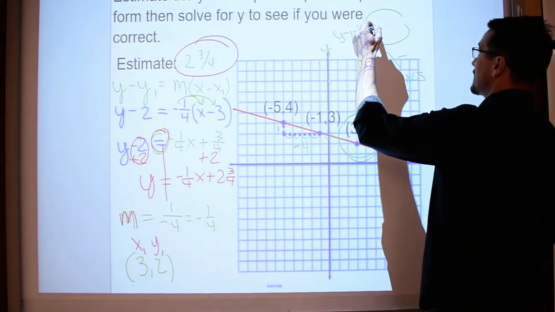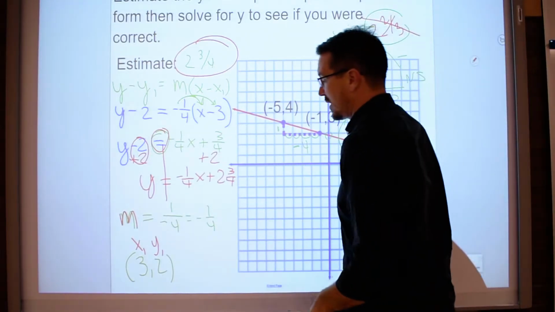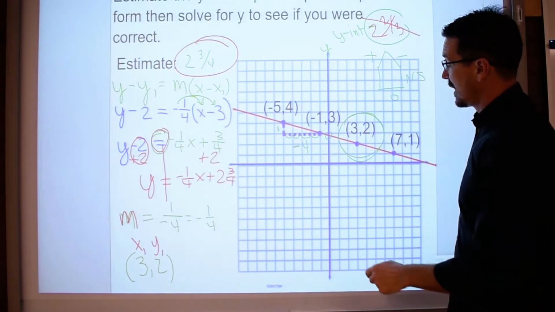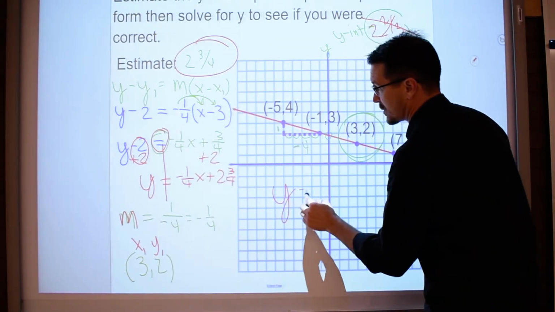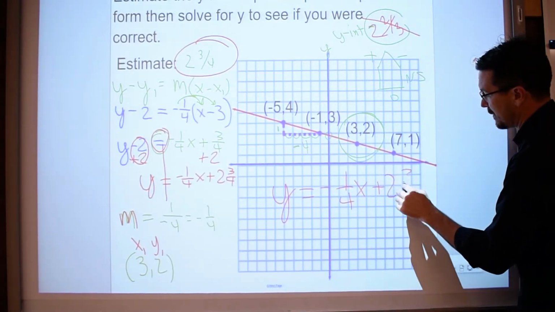When I originally guessed, though, I said 2 2/3. That would have been wrong. My estimate was good, but that's okay. It confirms that what I was guessing is right. So the equation of this line in slope-intercept form is y equals -1/4 x plus 2 3/4, which is an